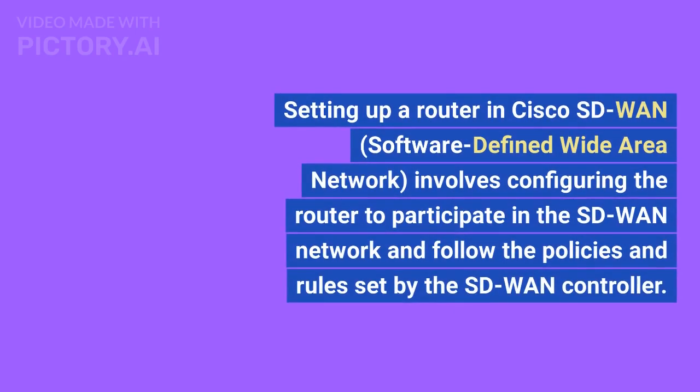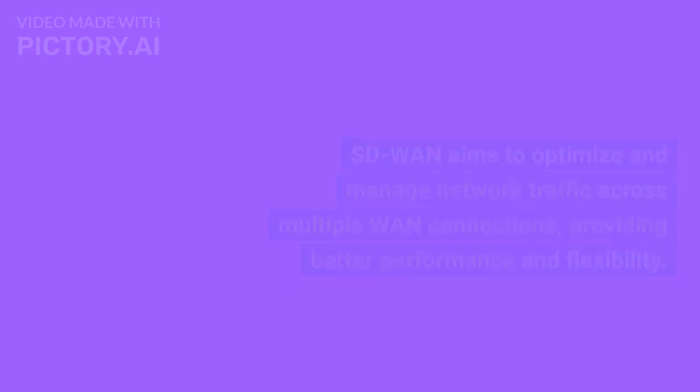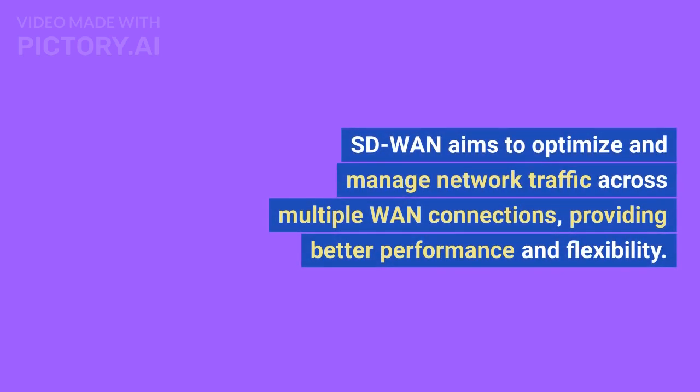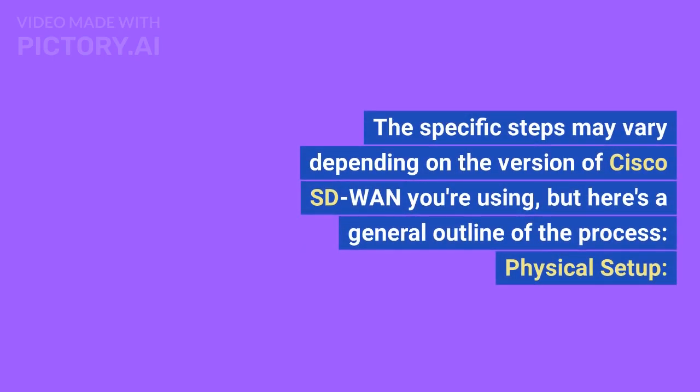Setting up a router in Cisco SD-WAN, software-defined wide area network, involves configuring the router to participate in the SD-WAN network and follow the policies and rules set by the SD-WAN controller. SD-WAN aims to optimize and manage network traffic across multiple WAN connections, providing better performance and flexibility. The specific steps may vary depending on the version of Cisco SD-WAN you're using, but here's a general outline of